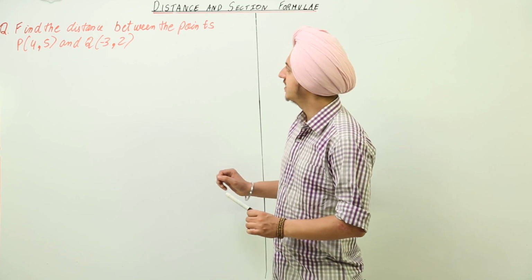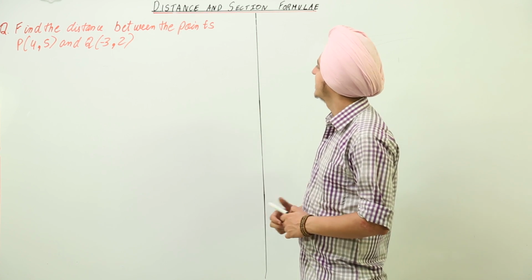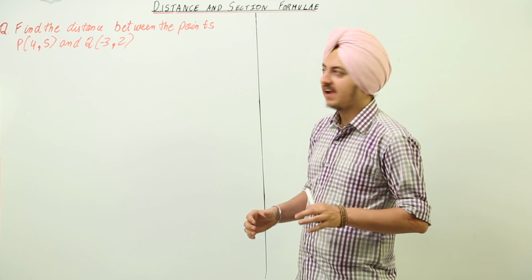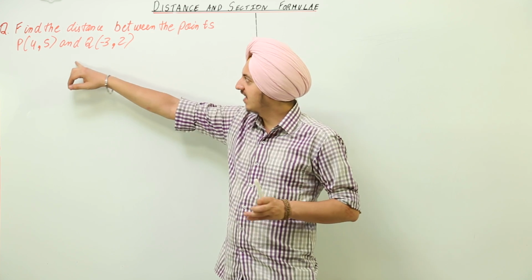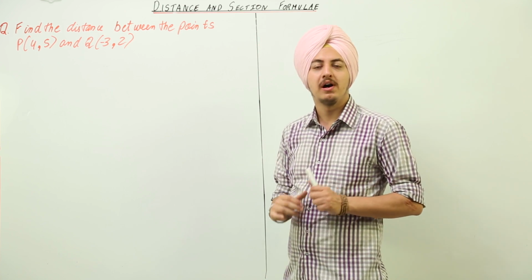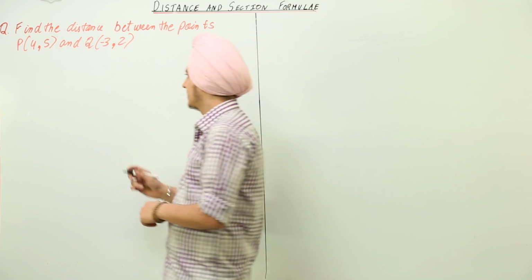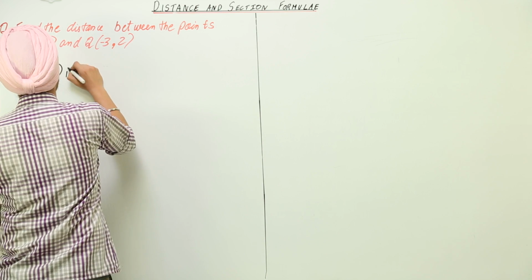Now, a very basic question for a distance section formula says: find the distance between the points P, that is (4, 5), and Q, that is (-3, 2). So what does the distance formula say? First of all,